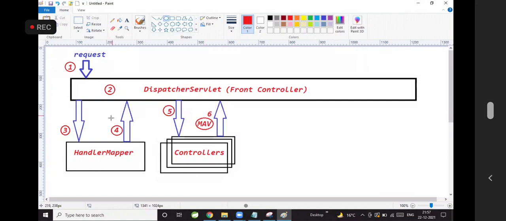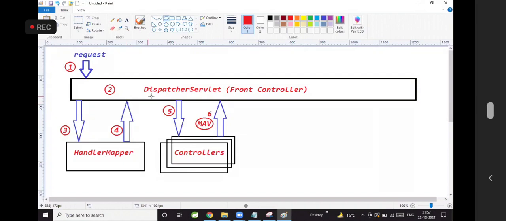First step, request came. Second step, dispatcher servlet receives the request because it is a front gate for all our requests. Then it will give the request information to handler mapper. Handler mapper will identify which controller should execute that request. Then it will give back to dispatcher servlet.